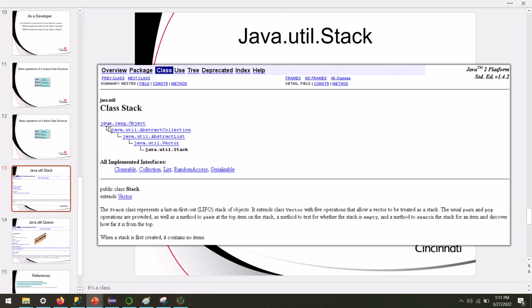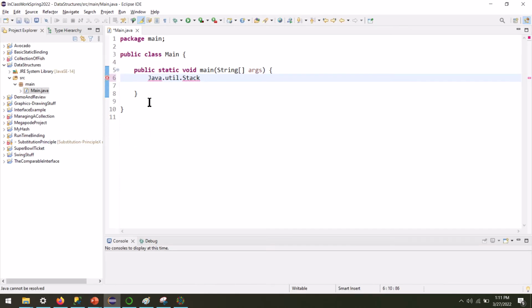I'm doing this on purpose just to show you how easy it is to make a mistake if you don't pay attention to detail. It's lowercase j in java.util.Stack. Java and util are all lowercase letters. Stack is capitalized at the beginning, so this needs to be a lowercase j. And then I'll just call this my stack. Let's instantiate it in the same line where we declare that little guy. We'll say new